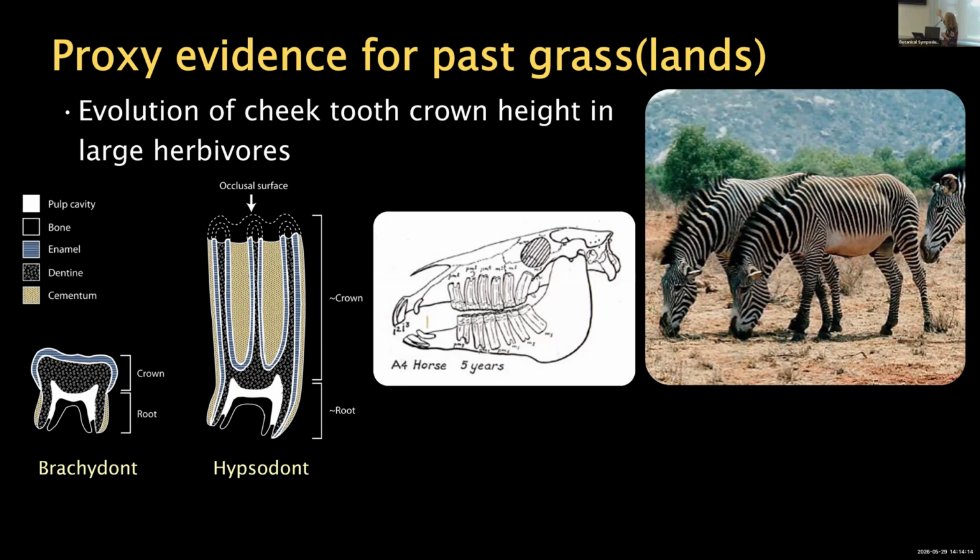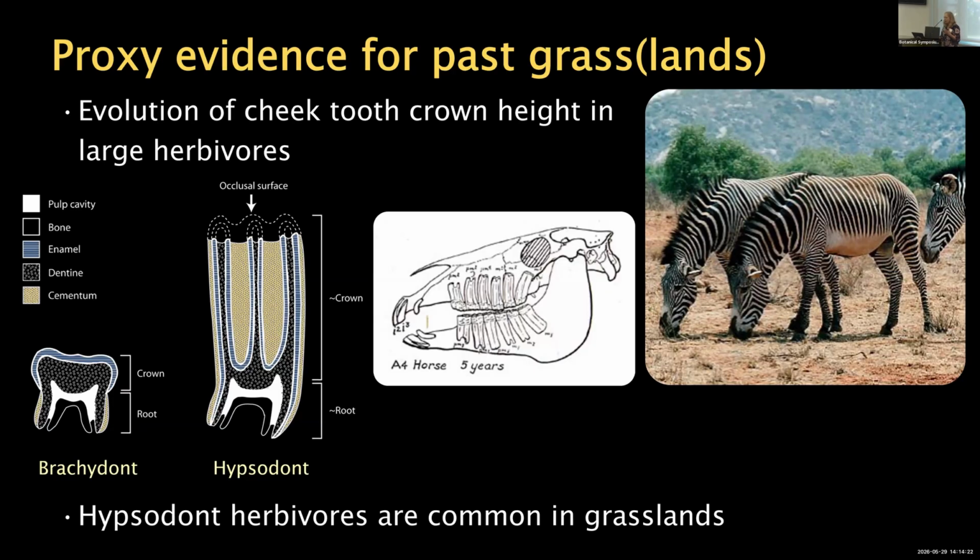And this is a tooth of a horse, and you can see these hypsodont teeth in the jaws of that horse. Today, you see that hypsodont herbivores tend to be concentrated in grasslands in terms of their habitats. And people have thought that this was because